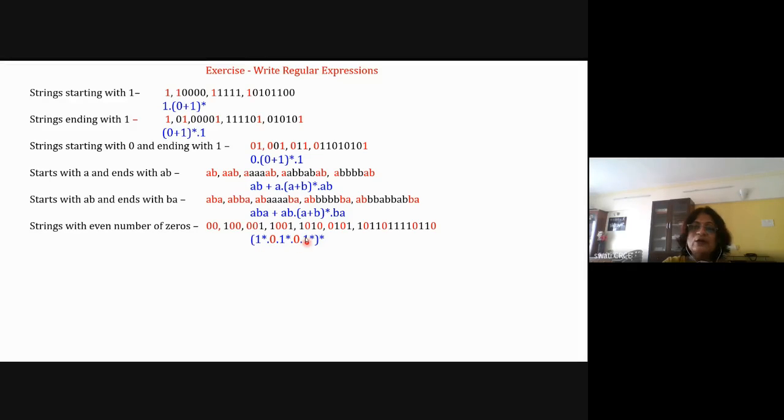And then 1 can be there or 1 may not be there, and the bracket star string. So it will accept zero number of zeros. If all ones are there, that also is a valid string here. I forgot to write that. If all ones are there, that is also a valid string because the number of zeros is zero. So that should be allowed actually. So I have to write here the boundary condition, plus the 1 star string and 0 0, and this is for an even number of zeros.